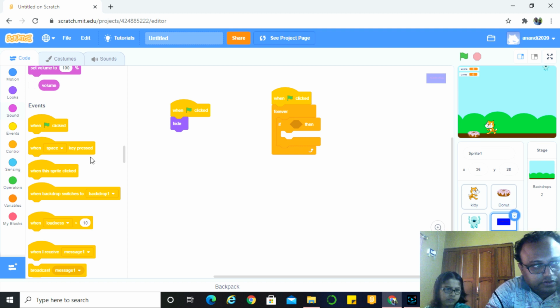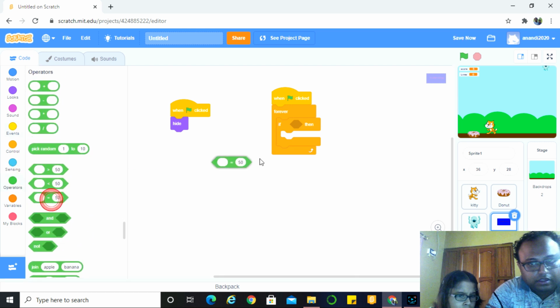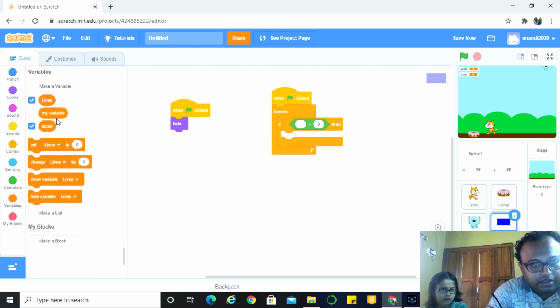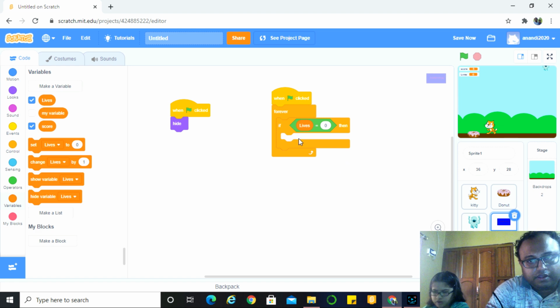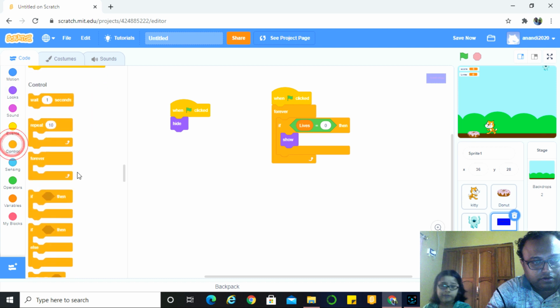For that we need to go to operators and take the is equal to 50 box. We'll make it 0 and we'll put the lives variable here. What we'll do? This sprite will be shown, that is the show block, and everything in the game will stop. When the game is over, every sprite will stop.